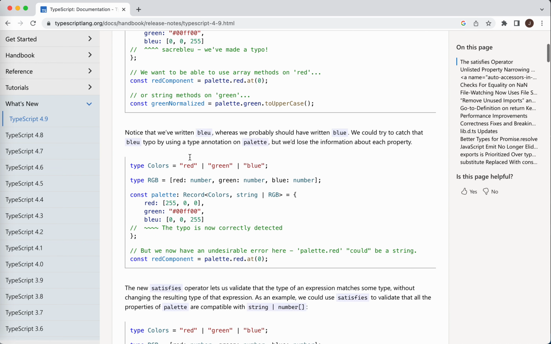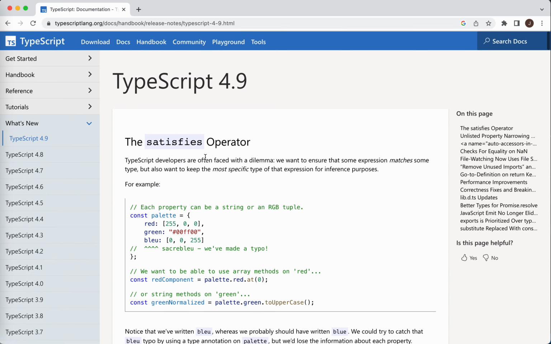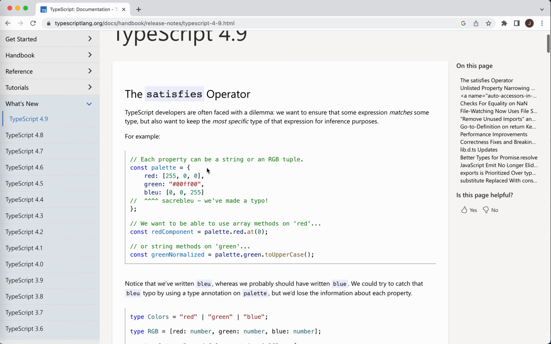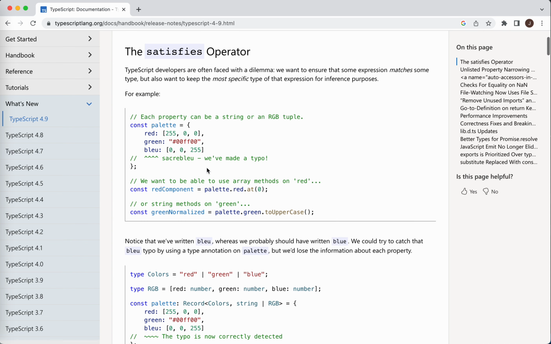It actually has a pretty detailed explanation on the TypeScript homepage about how this could be useful. I'll just explain it through the code examples here. For example, when we create some map, we could use an object literal like this, right? For a palette, we define the colors for each color name. For red, for green, each color has a different notation. For example, this is the color hex code